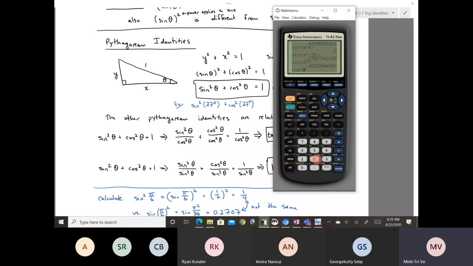Cosine of 27 degrees also is some long decimal number, right? But now, if I do the first one squared plus the second one squared,